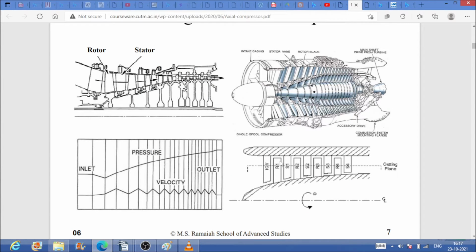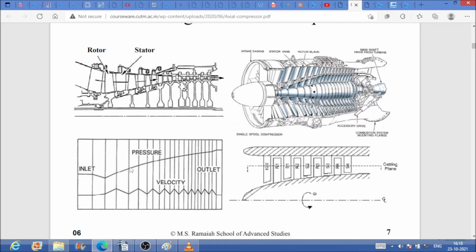Here if you see the cross section, it is decreasing because the mass flow rate should be constant. When it flows through, the density will increase, as m dot is equal to rho A v. So density is increased, now velocity should be maintained, and accordingly the area is getting decreased.